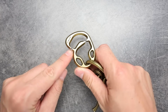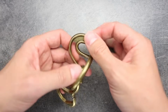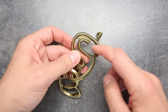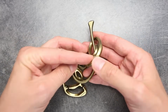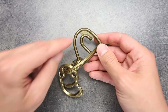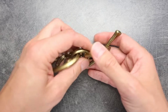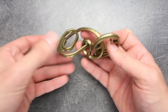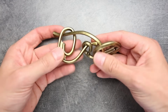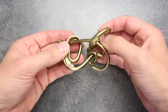This part has 2 cutouts, and on this big loop there is this piece where we can slide our cutouts and disassemble the puzzle. So the first move is going to be the following. You have to take these 2 pieces with loops, put them on the left, and then